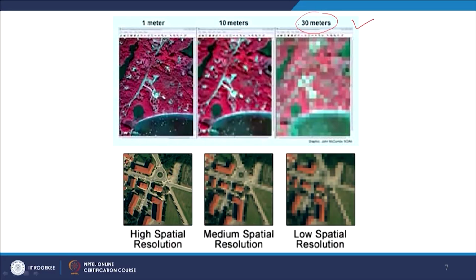But if I move from 30 meter spatial resolution to a higher spatial resolution, that is 10 meter, now things have become